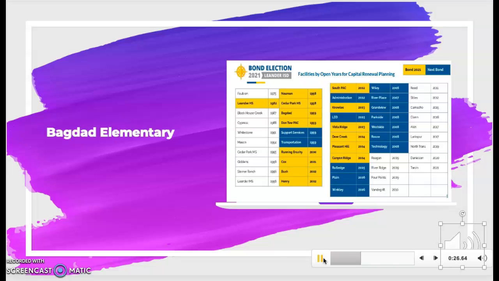As you see in this diagram, I know it's pretty small, but all the yellow are schools that need renovations. Baghdad is just one of them that needs AC replacements. They have the really big air conditioners that take up the majority of your wall, and they also are very low in furniture. They're building all these new schools, and they're getting all this new furniture, and Baghdad is struggling just to get furniture. Another thing is the carpet. The carpet has not been replaced, and there have been so many teachers complaining of being sick with mold.